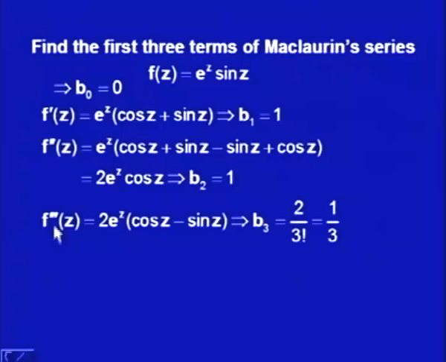Then f triple prime z is computed by simply differentiating this, and that gives me b 3 is equal to 2 by factorial 3, that is 1 by 3, and simplifying we will get this Taylor series for the function f z is equal to e to the z sin z. So,